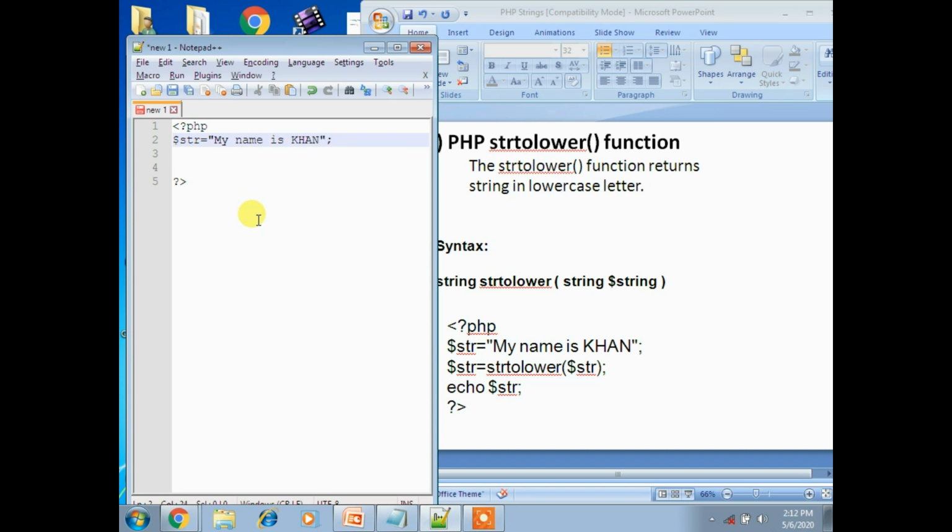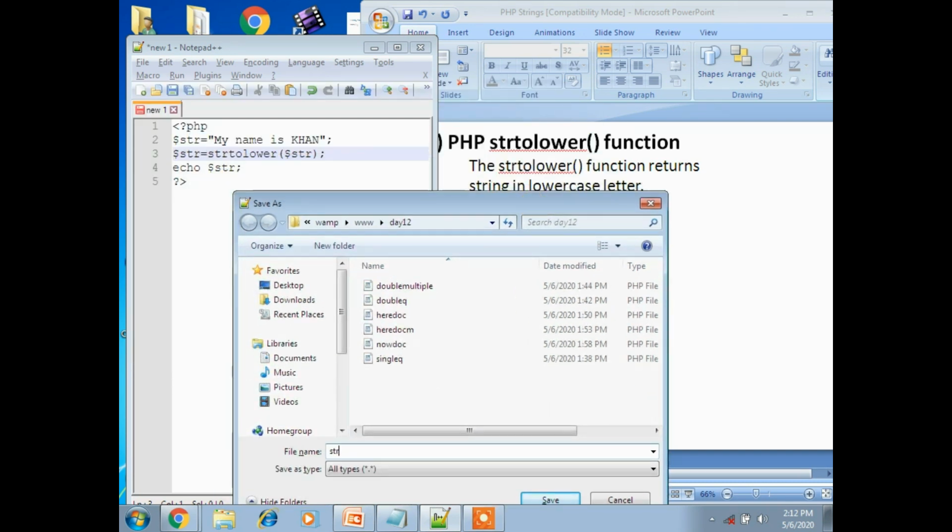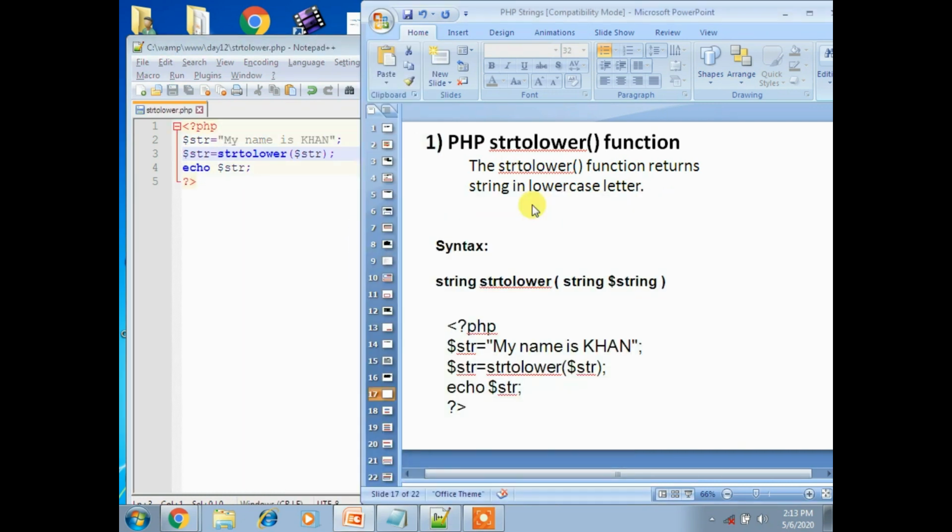For the same, I'm using the variable with strtolower of $str, and now echo $str. Now we save the program. Our concept is string functions, so I directly save the file with the name strtolower.php. Now execute the program.